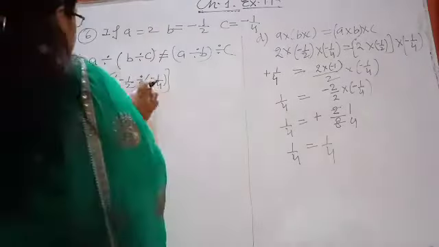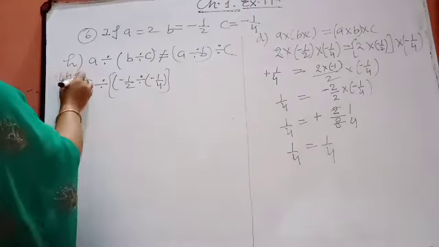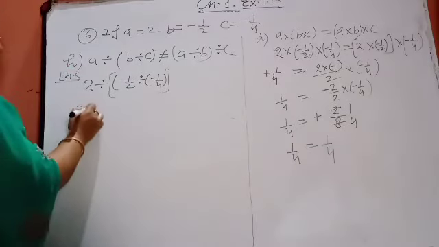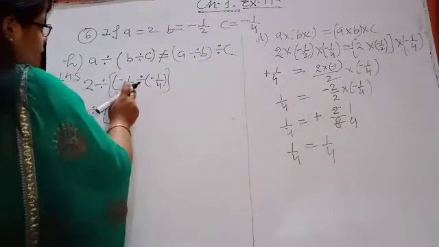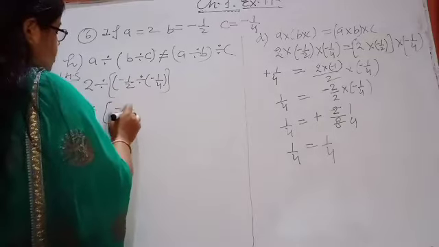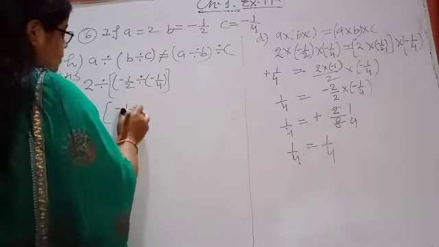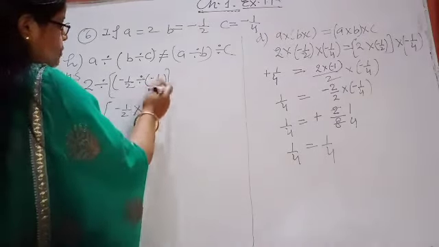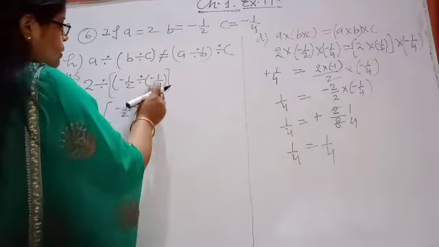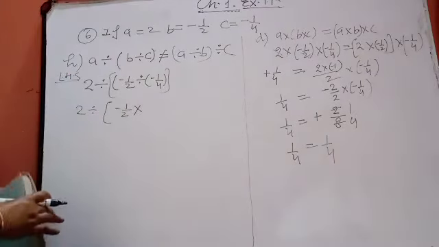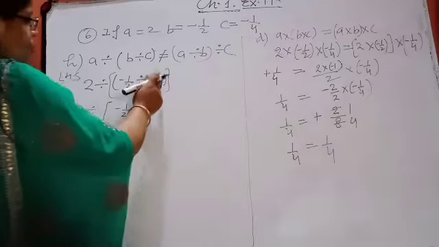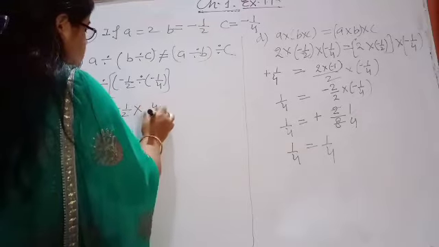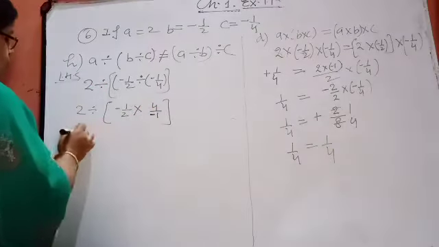Okay. First I am solving the left hand side here. There is not enough space, so I will take the right hand side later on. So 2 divided by... First simplify. You know that whenever division is there, minus 1 upon 2, this divide sign will change into the into sign, and we take the reciprocal of the second one. Reciprocal means the reverse of this one: the numerator will become the denominator and the denominator will become the numerator. So it will become minus 4 upon minus 1. Okay. Now you can see that 2 divided by...